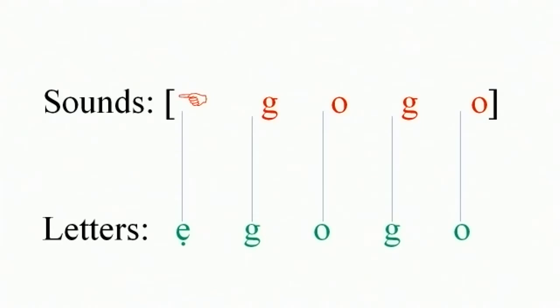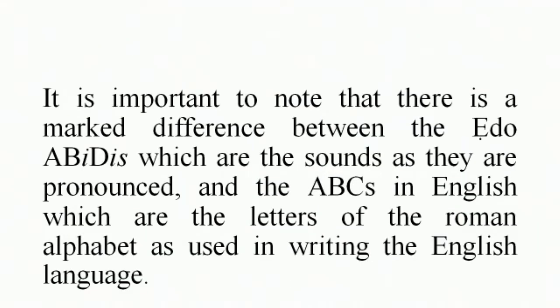Okay, the D represented by the letter G. You see, letter G, sound D. So if I'm going to spell Egogo, I will say E-D-O-D-O. Egogo. You see, anywhere you have the sound E,